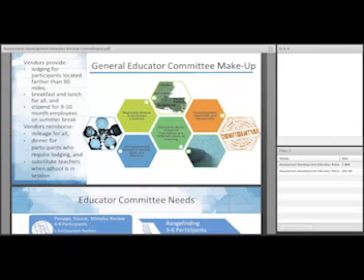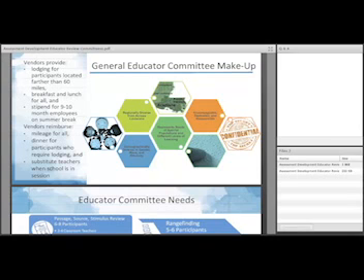And even more so in ELA and the elementary grades. But we also need to make sure that the committees are racially and ethnically diverse to really represent the demographics of our state. We need to make sure that the committee represents special needs populations and different levels of learning.